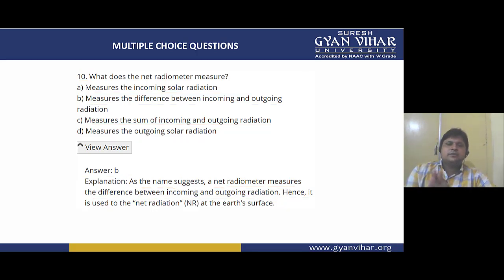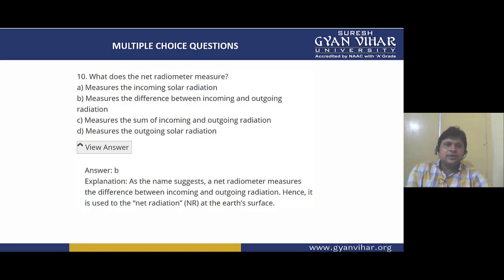So students, in this way we have completed the 10 MCQs related to the topic of today's lecture, that was solar measuring devices. We have discussed the pyrheliometer, the sunshine recorder, and we have also discussed the actinometer a little bit, and these are all very important instruments which are used to measure solar radiation.